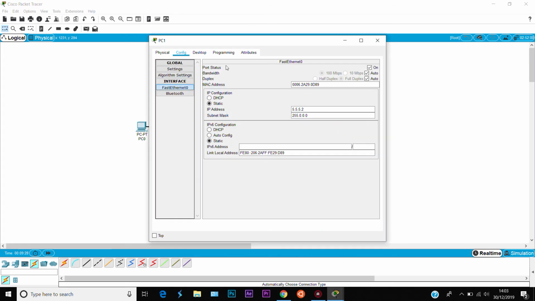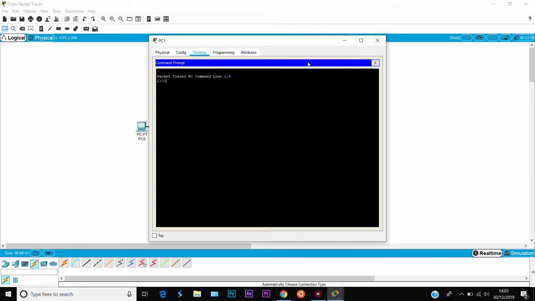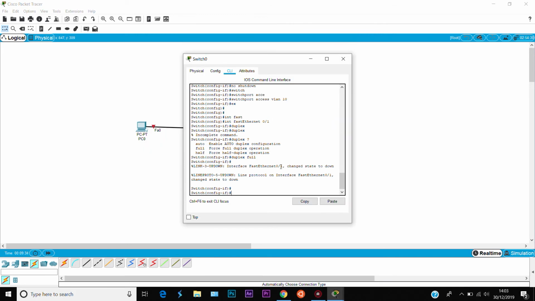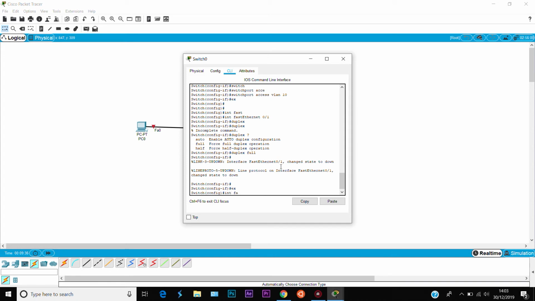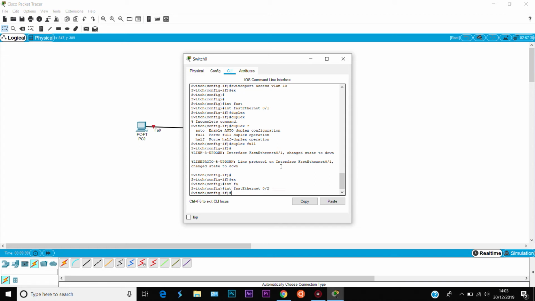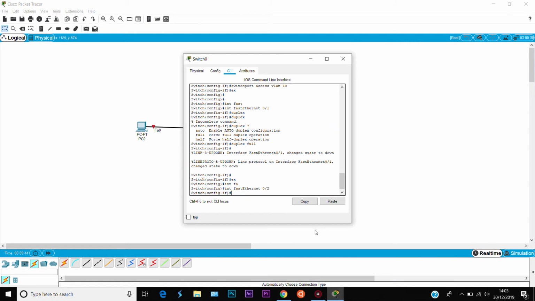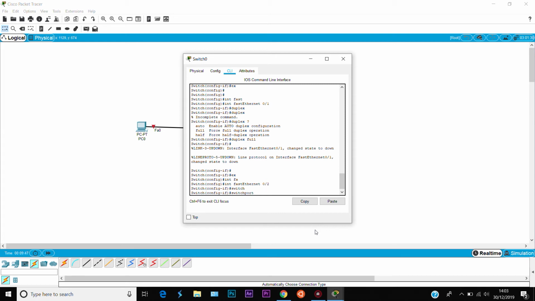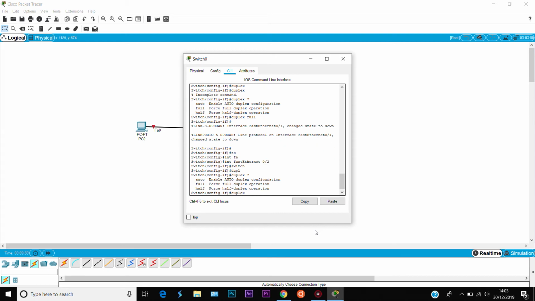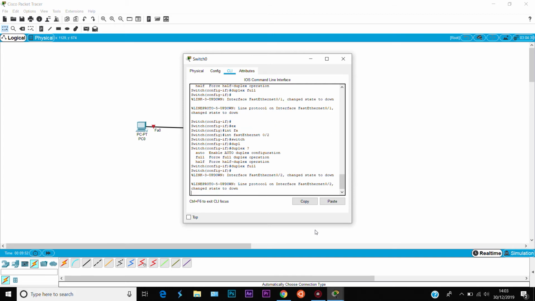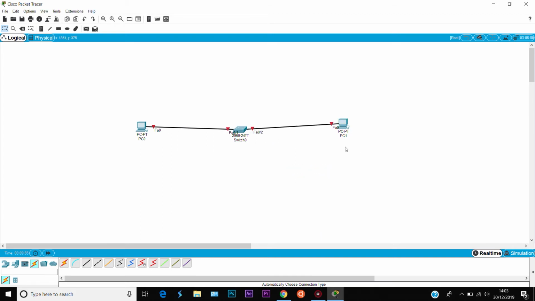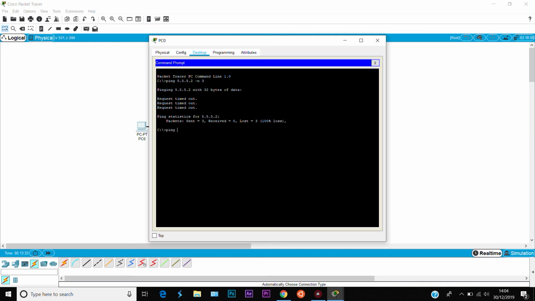And if I change PC1 as well, if I exit this and go to interface FastEthernet 0/2, that's the right one. I'll go in and type duplex, and change that to full as well. As you can see, it's changed. No matter how much I go forward in time, it's still not going to connect. Now if I try pinging again with 3 packets,